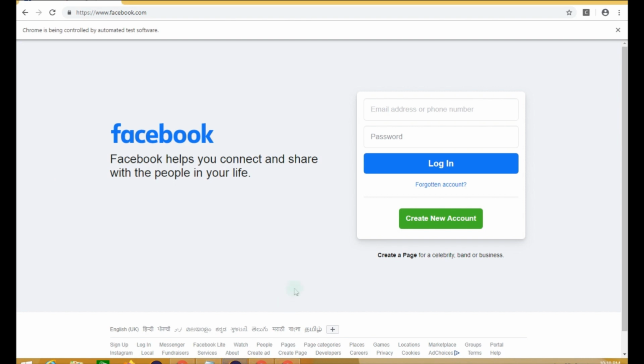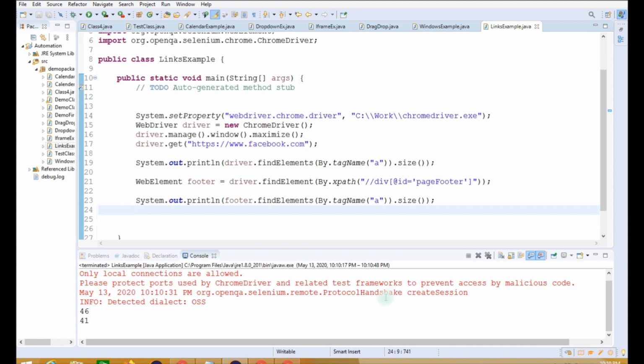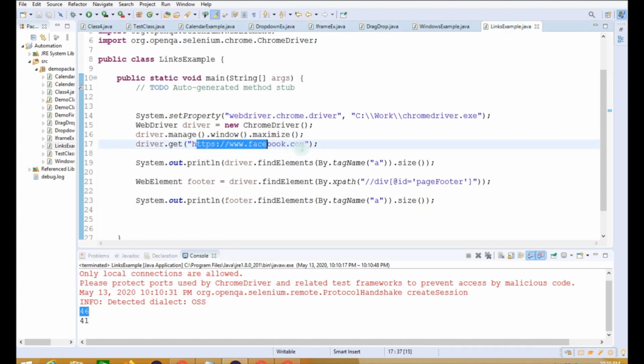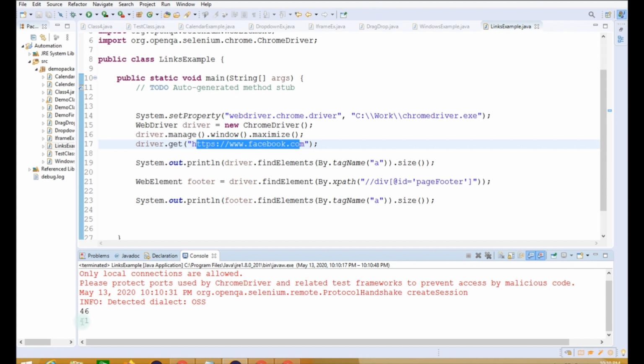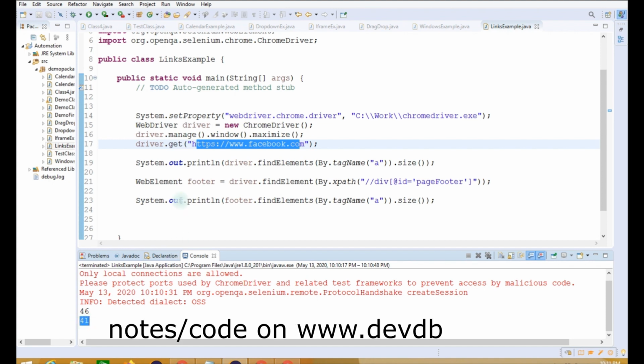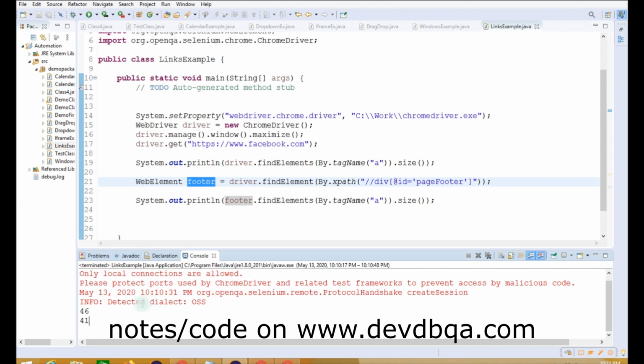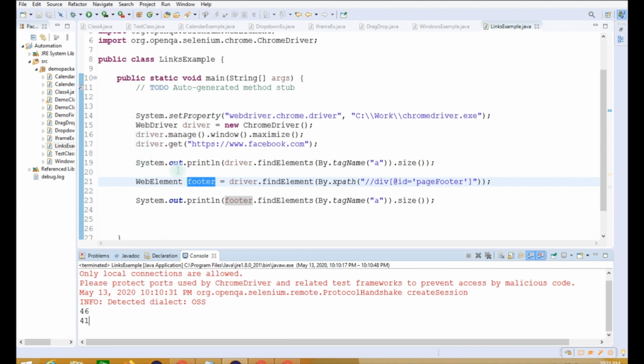Let us go back to Eclipse and check. So as you can see, 46 is the count of links that are present on this web page, facebook.com, and 41 are the links that are present in this footer web element, right? So this is the code by which we can identify the links that are present on the web page.